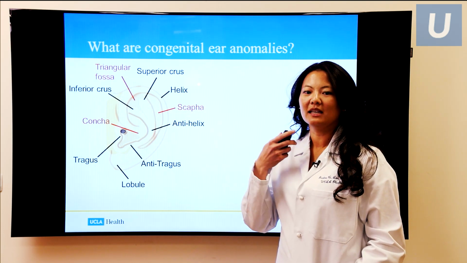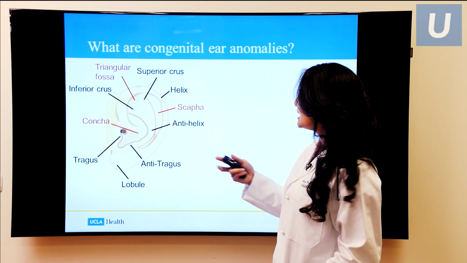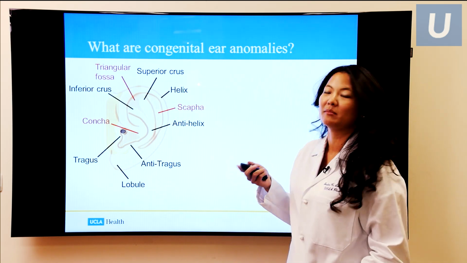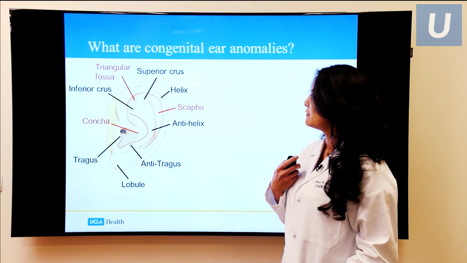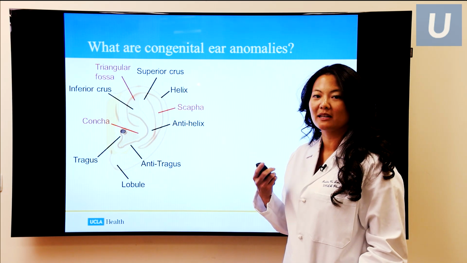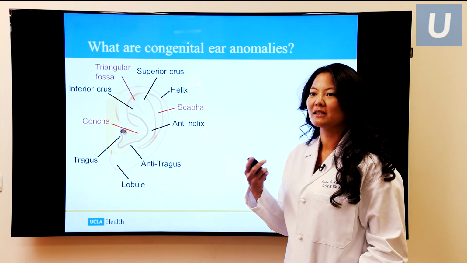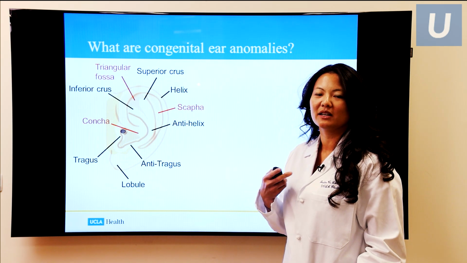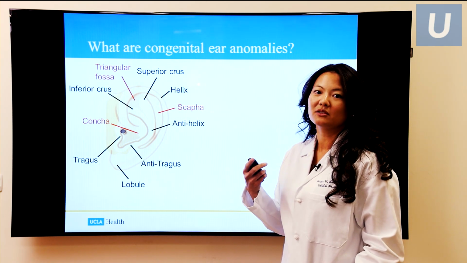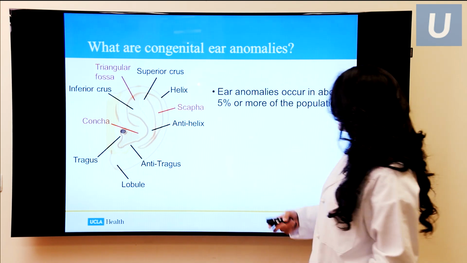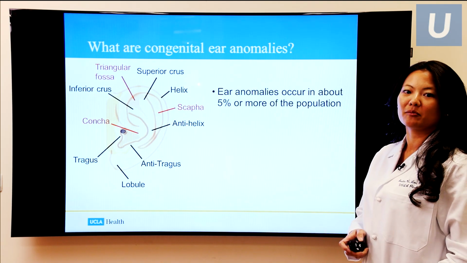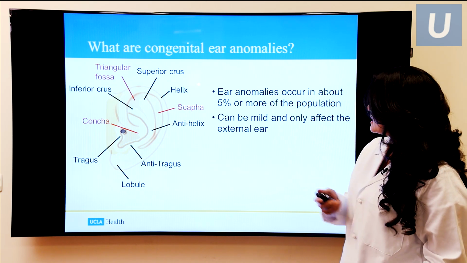So in a congenital ear anomaly, any part of this ear can actually be abnormal. For the most part, these abnormalities don't really bother anyone, and a lot of people don't do much about it. But in some people, this can be very obvious and very disconcerting, or also just simply be a congenital malformation. Ear anomalies occur in about 5% or more of the population. It can be as mild